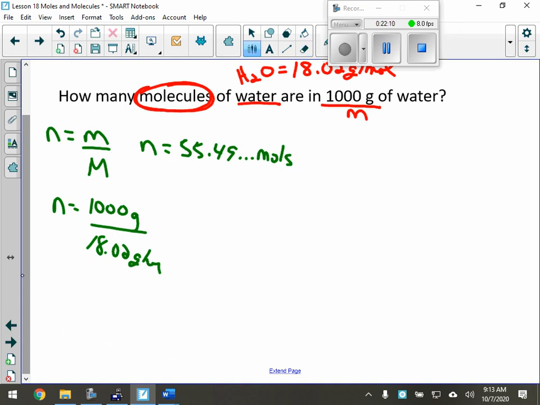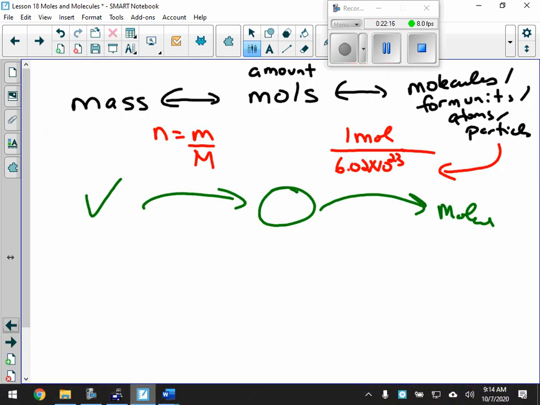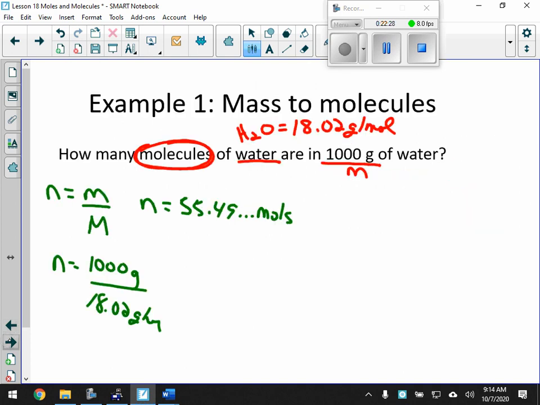okay, I need to use a ratio now to get to molecules, yes? Okay, we are now here, right? We have now figured this out, 55.49. How do I get to molecules? Well, I'm going to use this ratio of moles and molecules in this case, yes? So here I go, 55.49 moles,